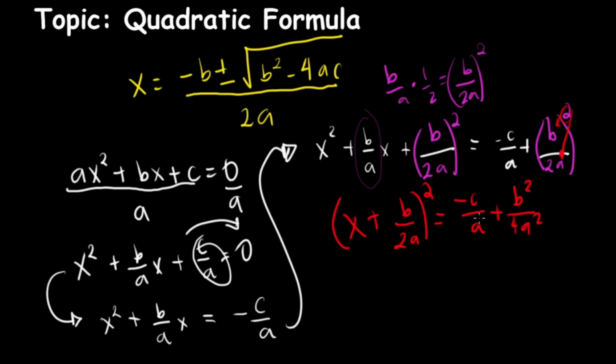pwede rin natin i-simplify yung kanang side. No? So, pwede ko tong i-treat as, kopyahin ko yung sa kaliwa, x plus b over 2a quantity square equals, let us get the LCD of the right side of the equation. That's 4a square. 4a square divided by a, 4a times negative c, negative 4ac plus 4a square, divide 4a square is equal to 1, and then 1 times b square is equal to